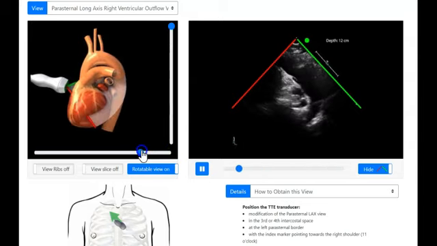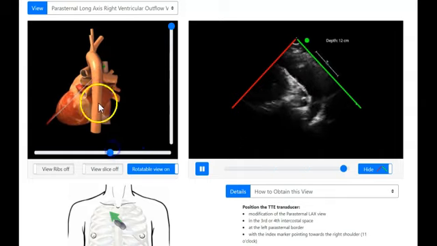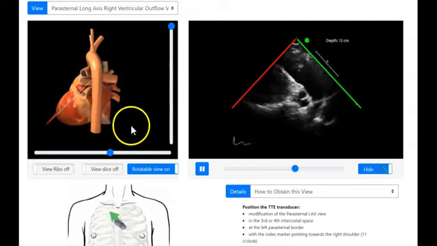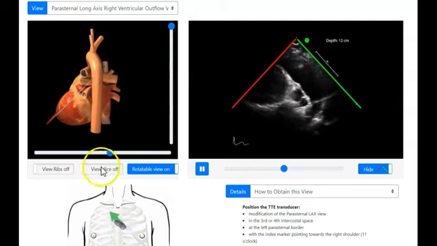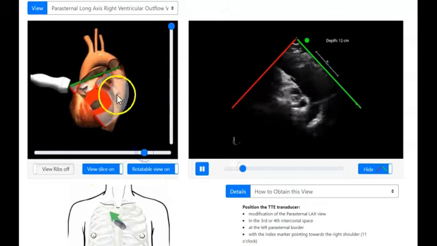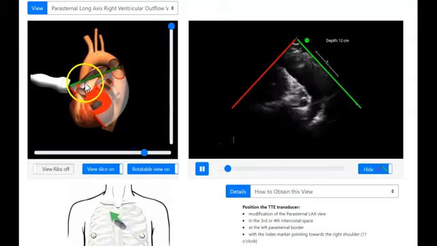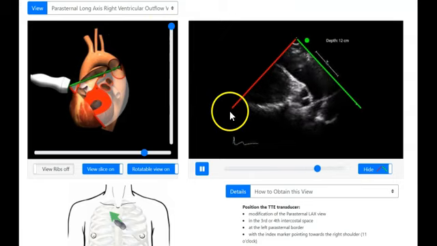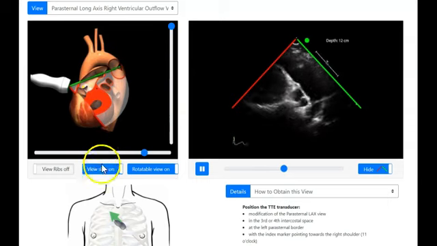Here, you see it slicing through there, and then it's slicing back through here, and how we're getting this part here, and this part here is just going to fall away, and we're going to look through the major portion of the heart here. If you look at the view slice on here, you can see that part's just going to fall away, and we're going to be looking right through. This is going to be turned up, right? See the green line? Put over here, right over here. So, and then we can put our